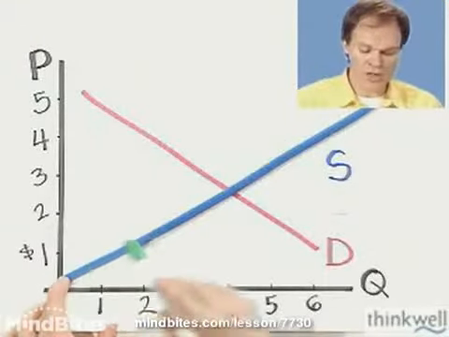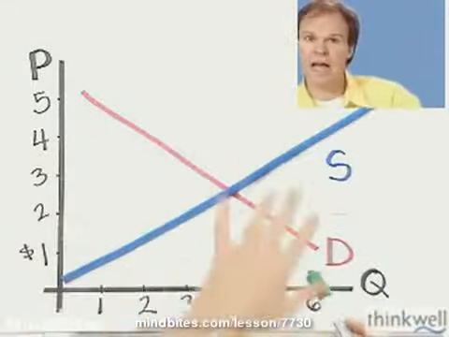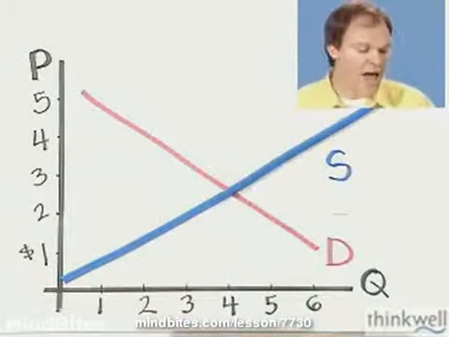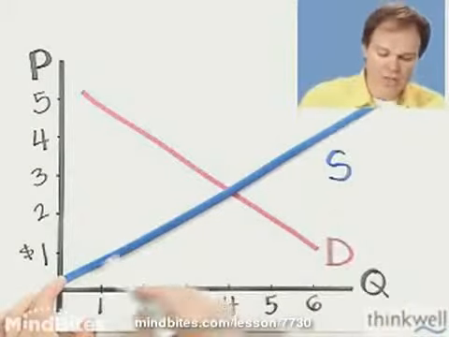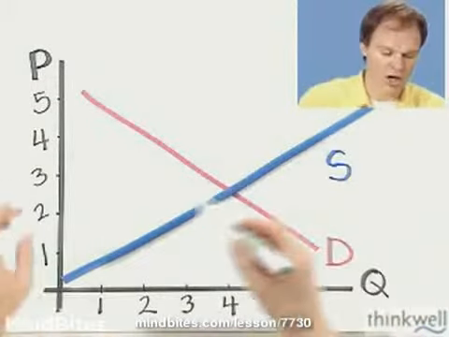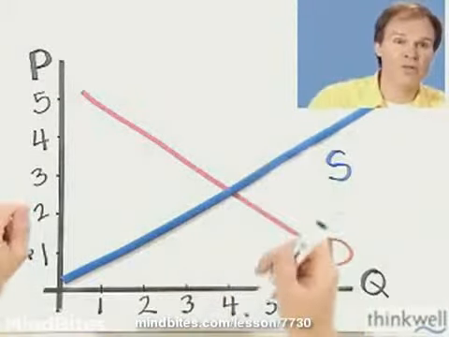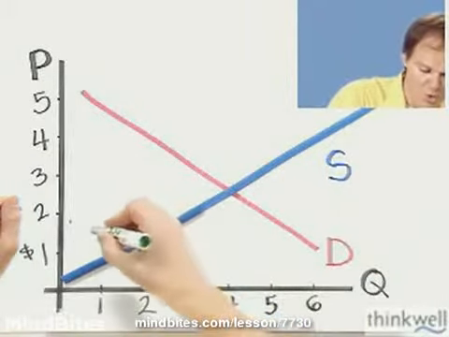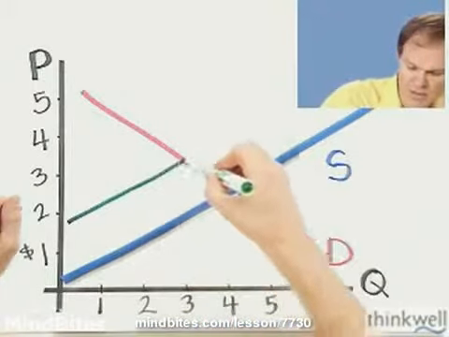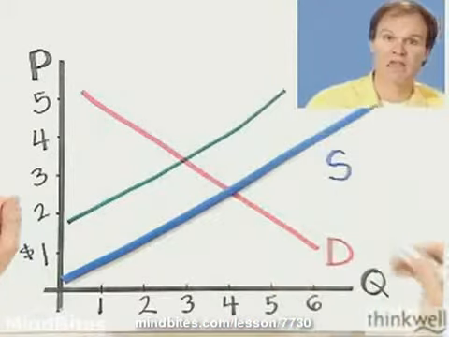So, in order to explain an externality in a diagram like this one, we have to add the external cost onto the private cost. And when we add the external cost onto the private cost, we'll get a new curve that represents marginal social cost. Marginal social cost will be greater than the original supply curve by the amount of the externality.